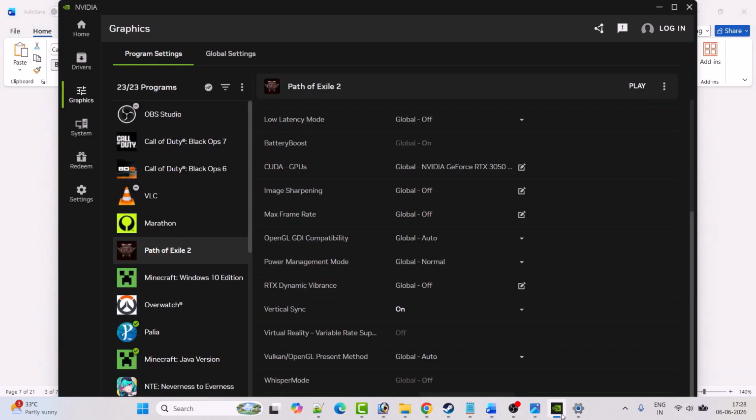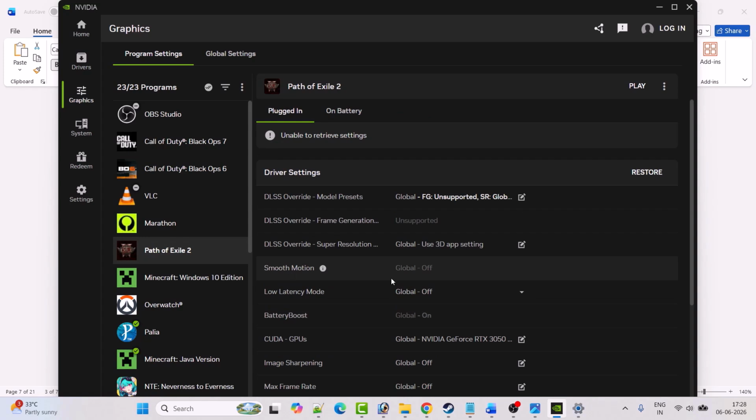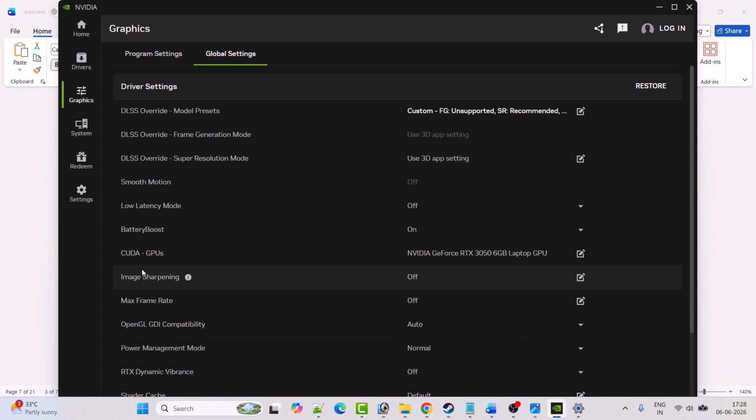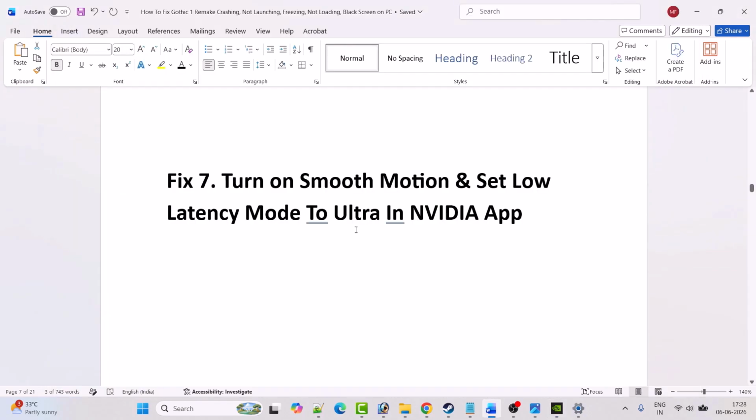So open NVIDIA app, go to graphics, and from the game list select the Gothic 1 remake game, and then here you will see the smooth motion. If it is turned off, then you have to turn it on. Then go to the global settings, and here you will see the smooth motion. If it is turned off, then you have to turn it on, and then you can go ahead, launch the